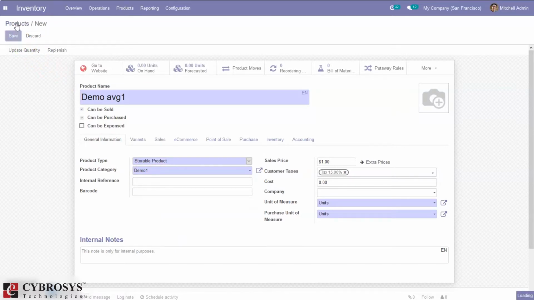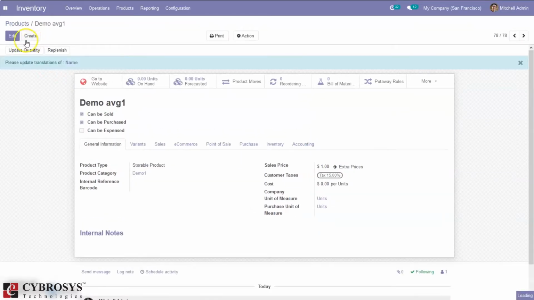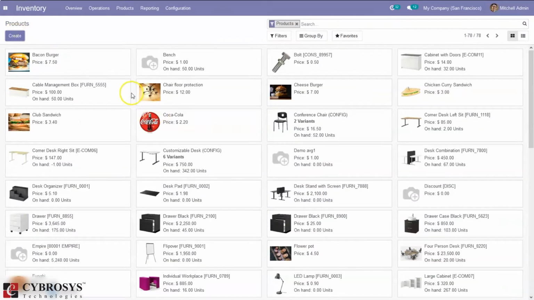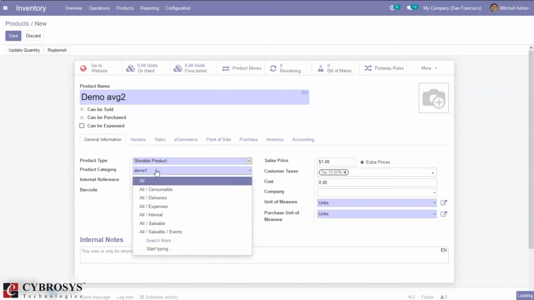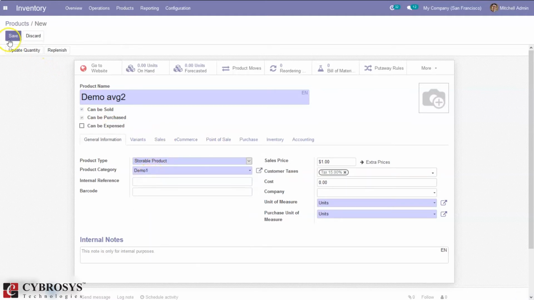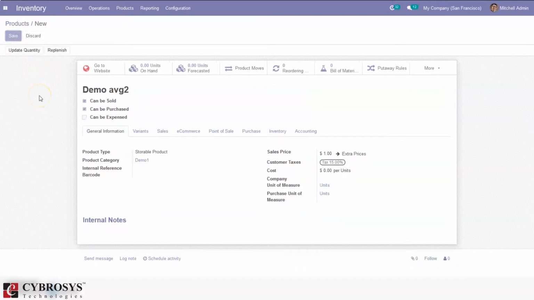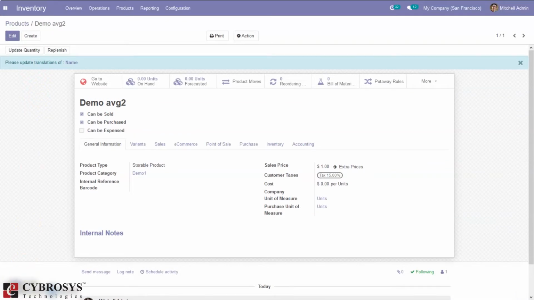So let me again create a new product, and again change the product category to demo1. Okay, so we have created two products and we have set the product category with costing method average and inventory valuation automated.